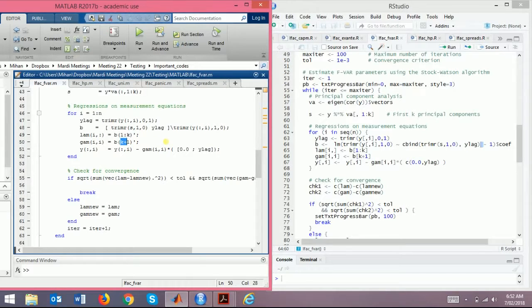Now we represent the whole thing in the residual, which is redefining yi as yt minus gamma into yt minus 1, which is the exogenous variable, that will have the first element to be 0, then y lag. Why is the first element 0? Because